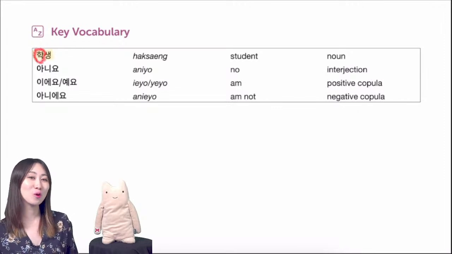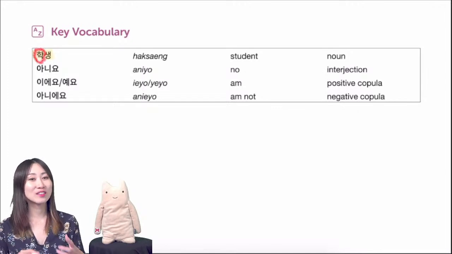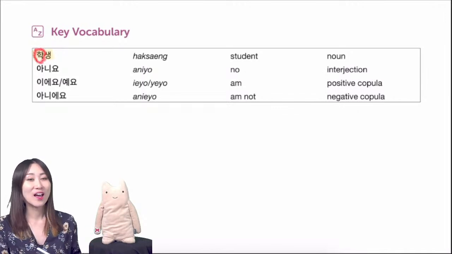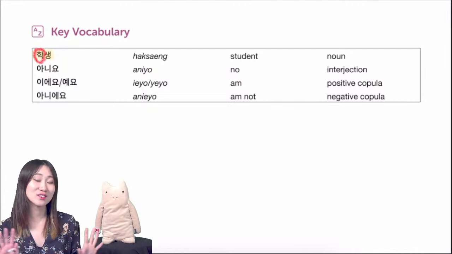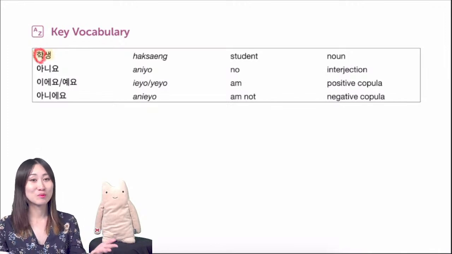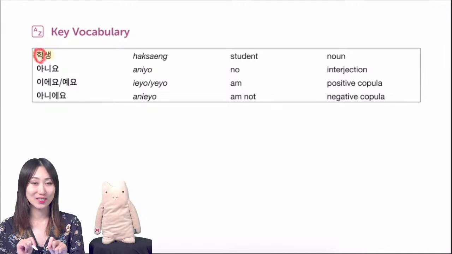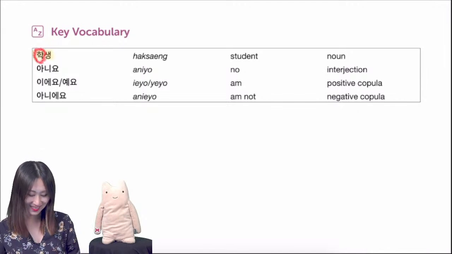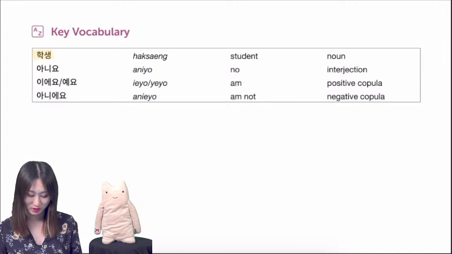Do you know scholarship? Scholarship in Korean is 장학금. In English, a lot of words related to study have "scholar", and in Korean, that is kind of like 학. This is just some information for intermediate and advanced learners, so don't worry about this. But the students in Korean is 학생. Okay, so next phrase I have is very important.